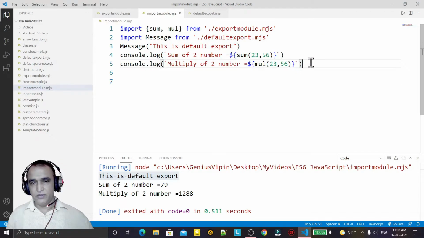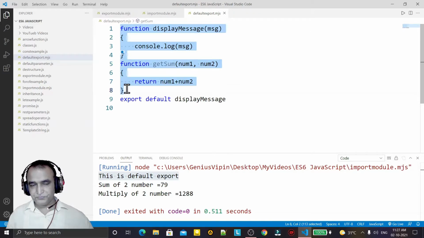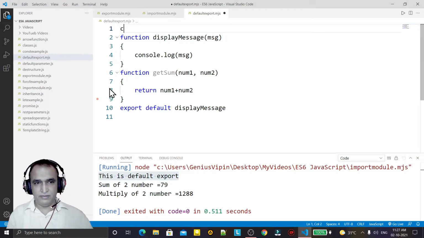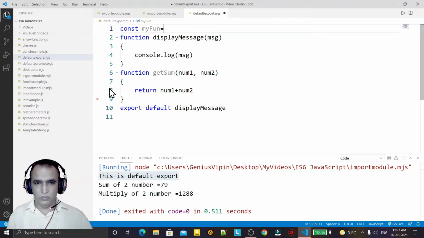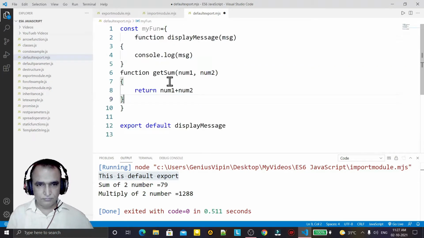This is the way to use the export. But there is one technique by which I can use both of these functions together and export them as a default. For that I have to create a constant object, and I give it a name, my fun, equal to an object, and I put both functions inside this object.